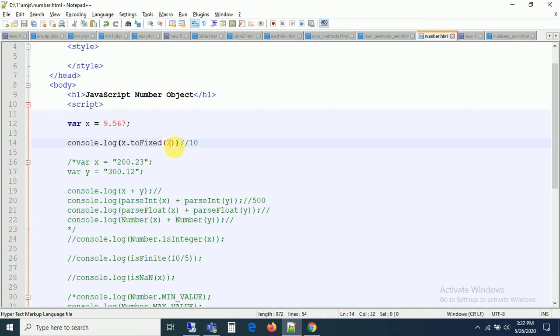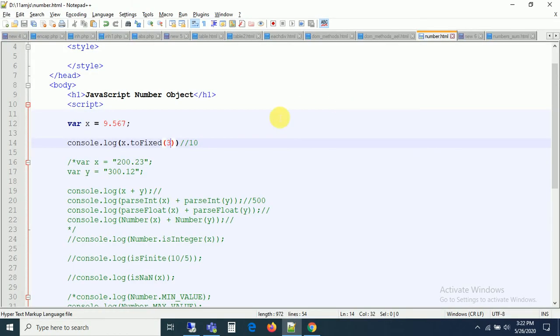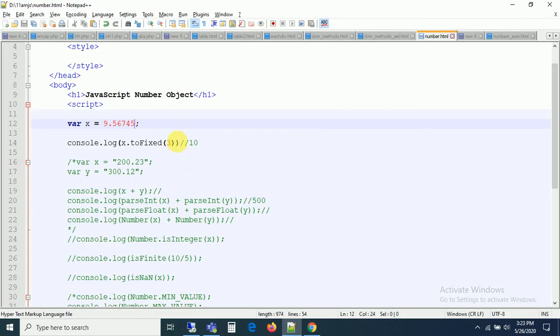9.568 it will be. This is what toFixed 2 does, it is going to round the value here, and you can refresh it, it is going to be 9.567. So earlier we have a 9.567 rounded value. We don't have any number, right? Let me take something like 45, I think. Now you can see 75 you will get, I think this is exactly the 3 I'm getting.